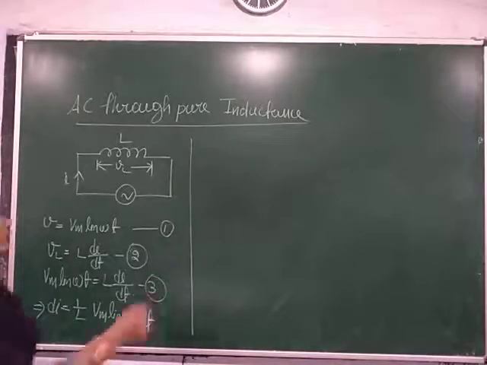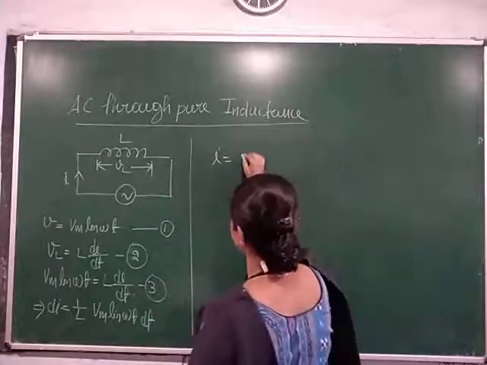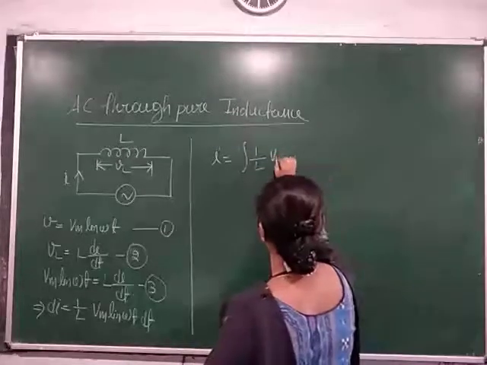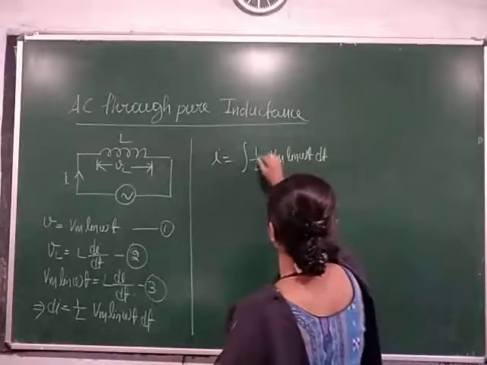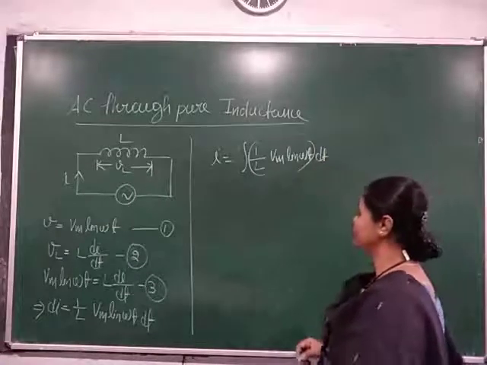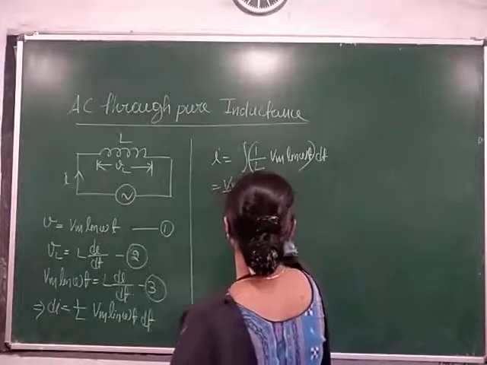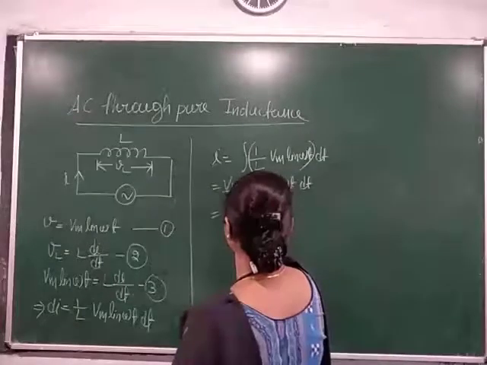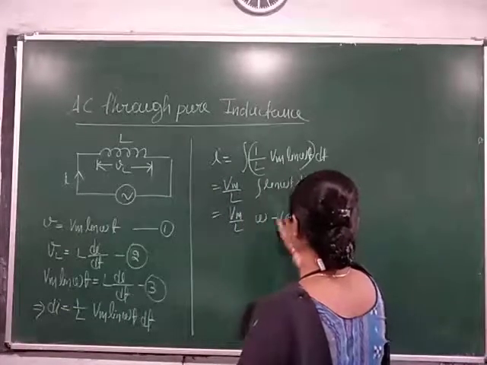If I integrate this equation on both sides, it is the integration of 1 by L Vm sin omega t dt with respect to time t. I take Vm by L, the constant part, outside, and integrate sin omega t dt. It gives Vm by L times minus cos omega t